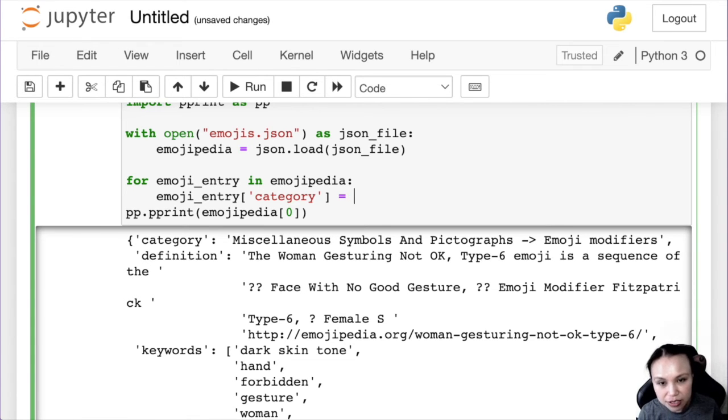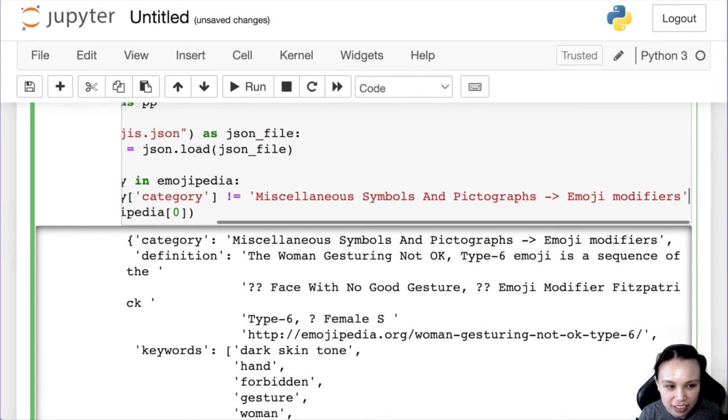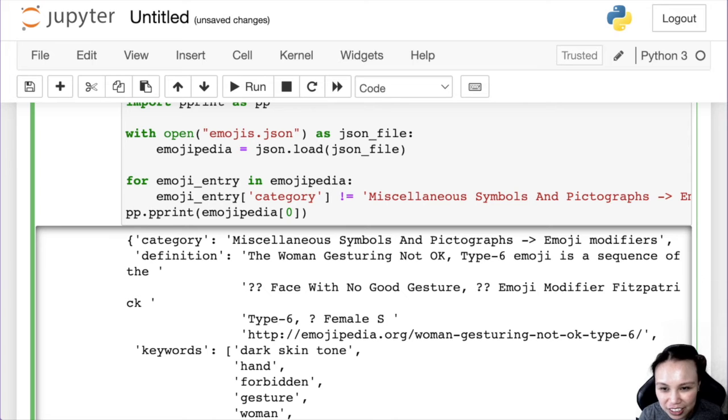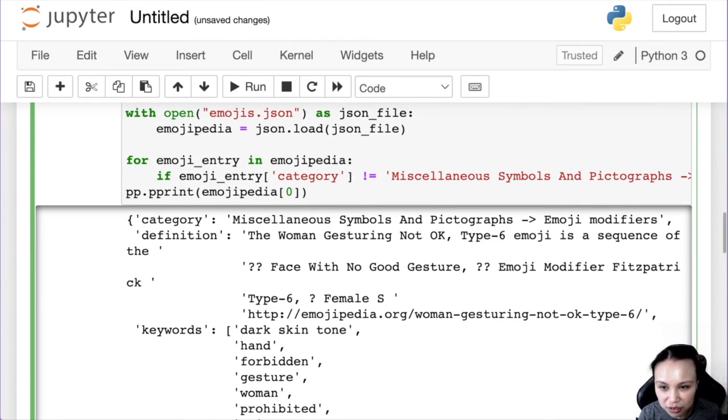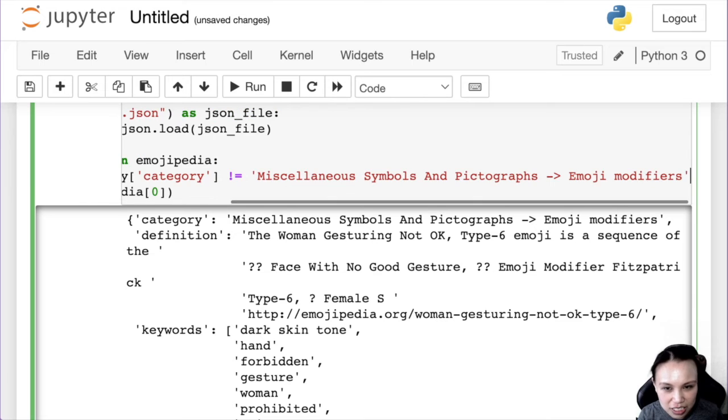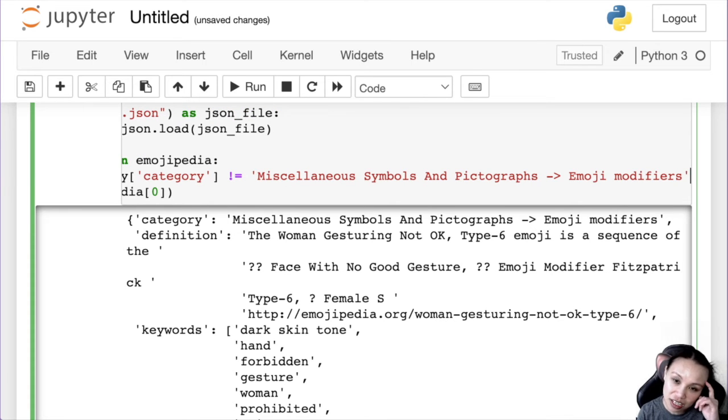Okay, so emoji entry. This needs to be not equal to this thing here for now, and then if it is not equal, then we can continue to do it. Otherwise, we would skip it.